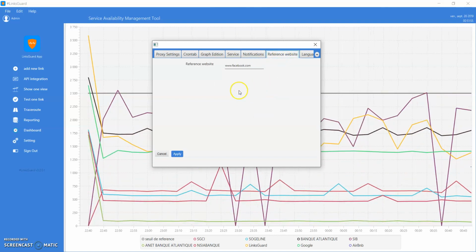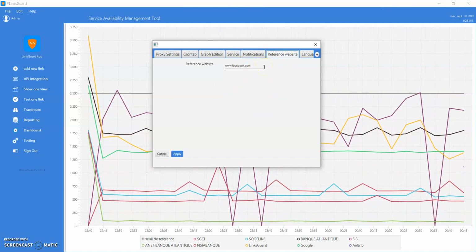We also have the reference website, because you can have your website online, but the environment where the application is deployed may have a network cable disabled or unplugged. This reference website permits you to check this kind of behavior.